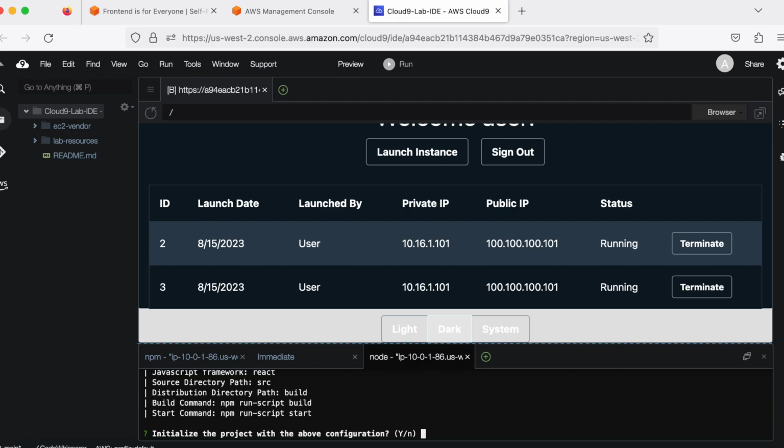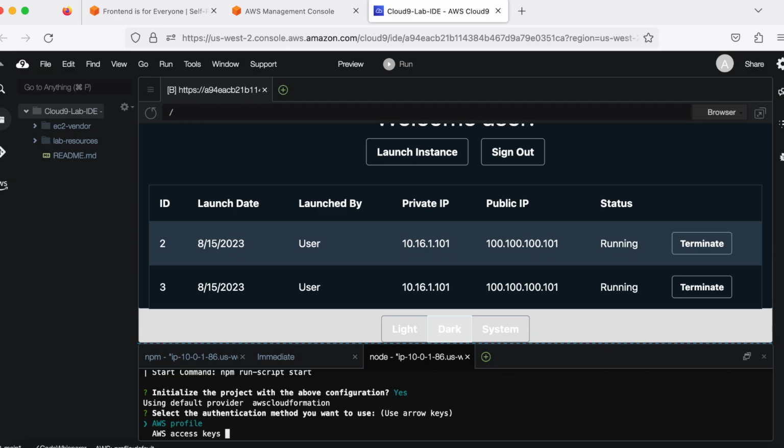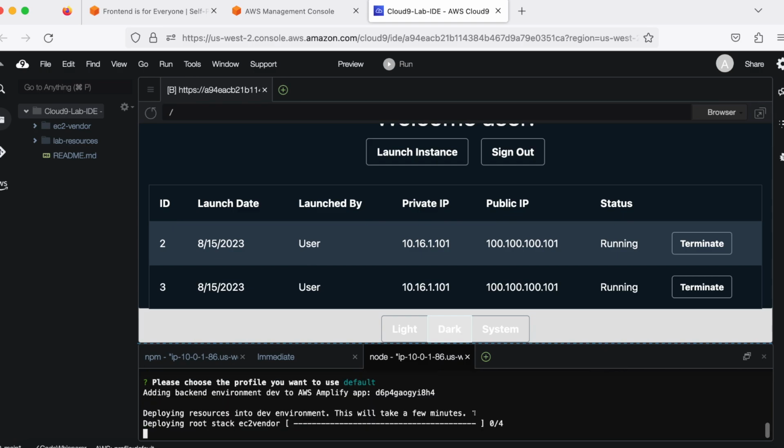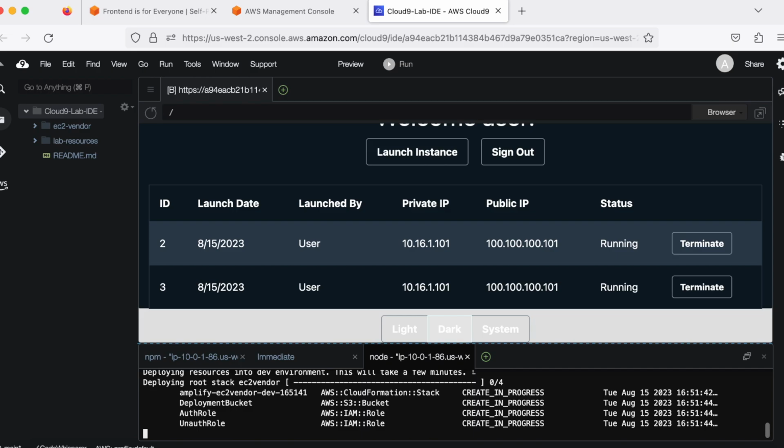You can see source directory path. JavaScript framework was React. We need the AWS access keys. Please choose the profile. Okay. Amplify EC2 vendor dev, cloud. So that's the CloudFormation stack, the S3 bucket, and two IAM roles, an auth role and unauth role,